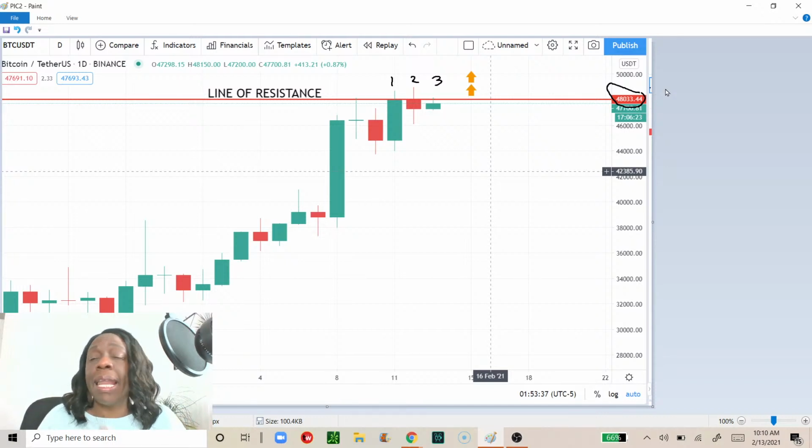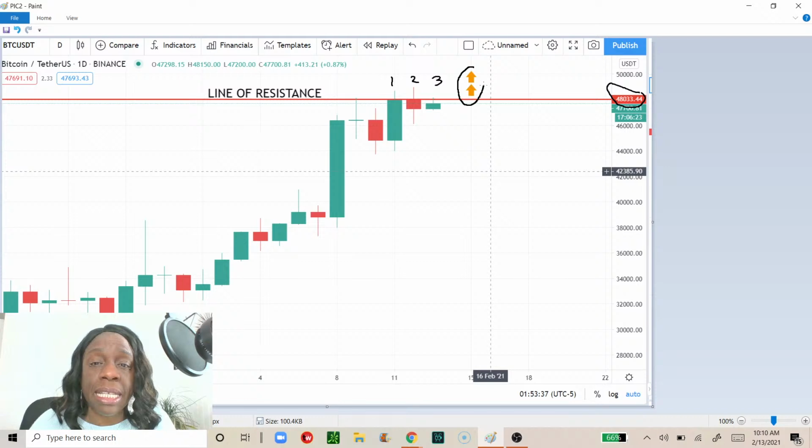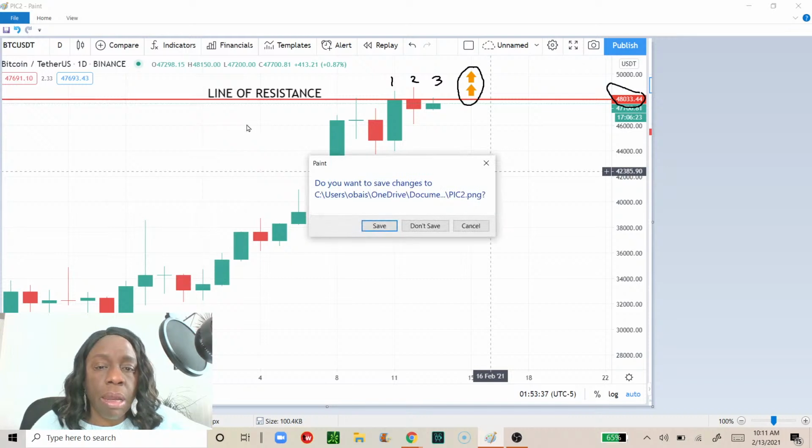When the buyers can outnumber the sellers, price is just going to burst past, or the technical term is break out through the line of resistance, and that is always good. Now, I'm going to go to the third chart, because the fact that price action breaks above the line of resistance is not a good enough reason to enter a trade. I'm going to pull up the next graph.